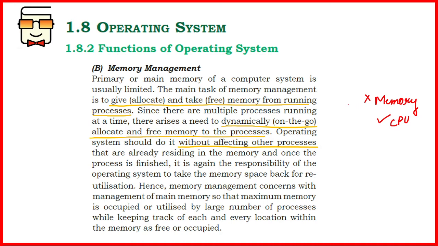So it is the responsibility of the operating system to allocate, that means to assign, memory to the required processes whenever they require it, as well as to free these memory locations, or deallocate the memory, whenever the processes have completed their execution. There might be times when a process is executing or a program is running, and at runtime some memory is required, some intermediate results have to be stored in the memory. At that time also the operating system must make space for that result so that it can be stored correctly in the memory.